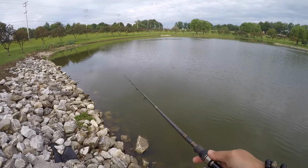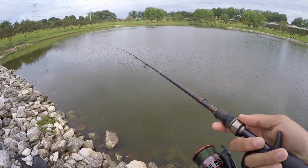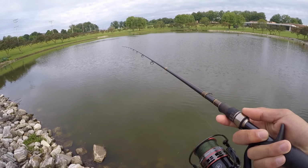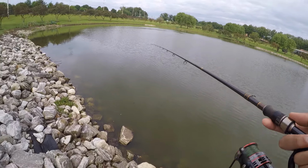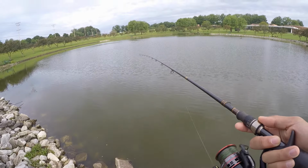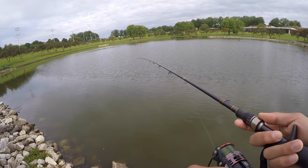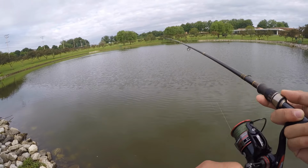Probably casting just shy of 30 to 40 feet. I'm just doing a slow retrieval, and occasionally I'll just jerk it. This is a new lure. Personally, it's a little bit too flashy for my taste, but with the conditions, it's cloudy,